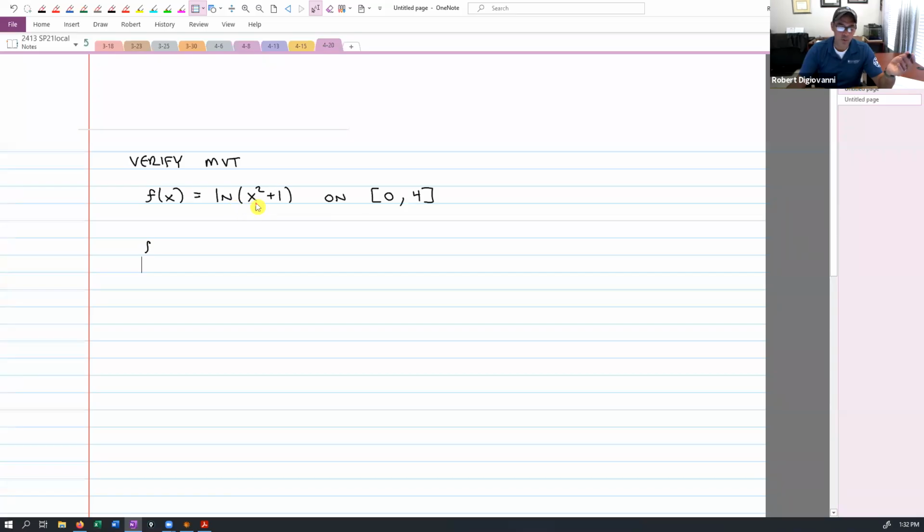But that's okay because look at what's inside of this. X squared plus 1 is always going to be positive, won't it be? You square any number and add 1, you've got to get a positive number. So we don't have any domain issues here. So I know it's a continuous function because there's nothing I can plug into it that's going to cause a problem. So I take its derivative. The derivative of this is 2x over x squared plus 1. Chain rule, right? The derivative of natural log of something is 1 over it times the derivative of what's inside of it, which is 2x. And I slid the 2x up top. Is that all right?